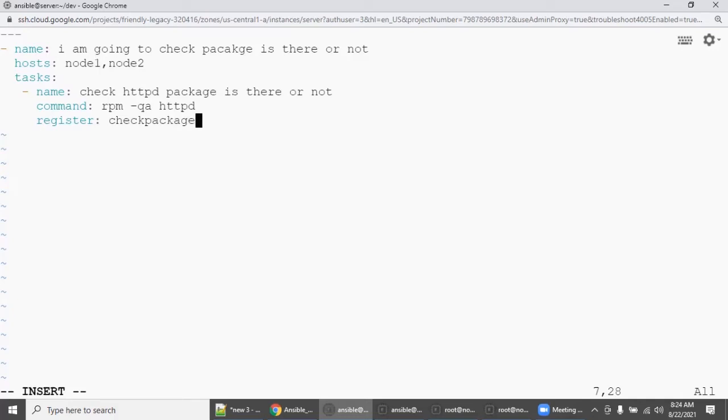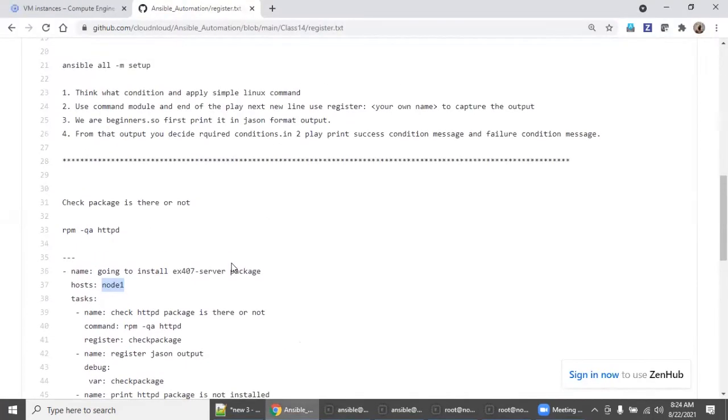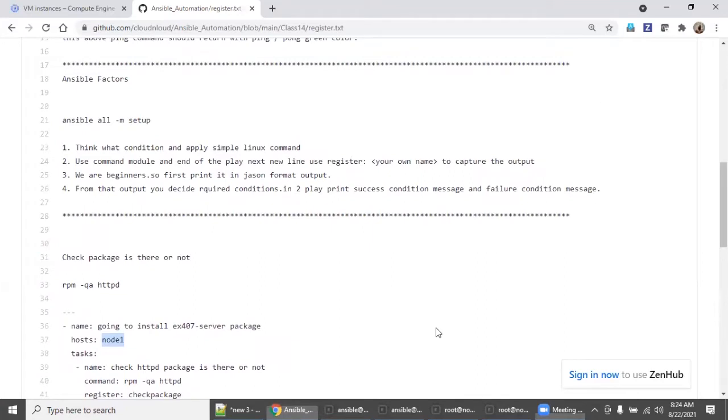So check package, right? I can give anything, say don't quit, right? But it should be a meaningful name, so I'm going to give, say, check package. The thumb rule is, go here, I have given some thumb rules, right? Think what condition, I mean the Linux command, based on your scenario.